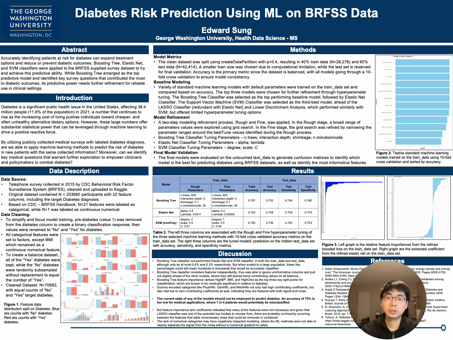Here I apply machine learning techniques on a telephone survey dataset collected in 2015 by the Behavioral Risk Factor Surveillance System, or BRFSS, which is managed by the CDC. There were 22 questions, including if they had been diagnosed with diabetes, which is my target predictor. The questions asked range from medical, like if they have high blood pressure, to dietary, like if they eat their fruits and vegetables. You can see the distribution of my features in Figure 1, where it has been split on the diabetes outcome. I took this dataset, cleaned it up a bit, as well as balanced the data to ensure equal numbers of yes and no labeled diabetes, and then split the data into a train set for training and a test set for final model validation.